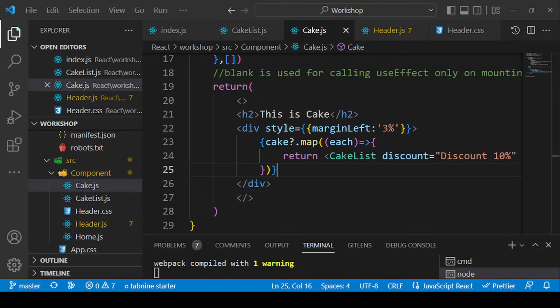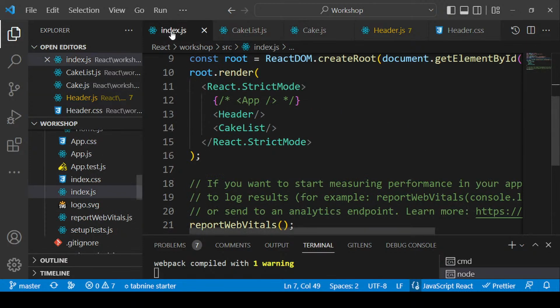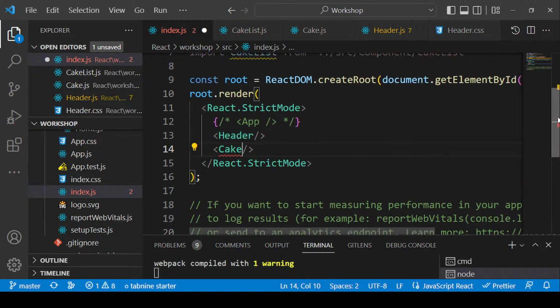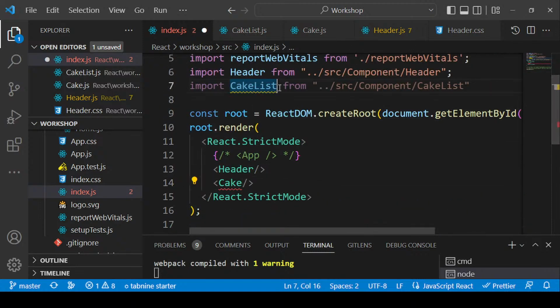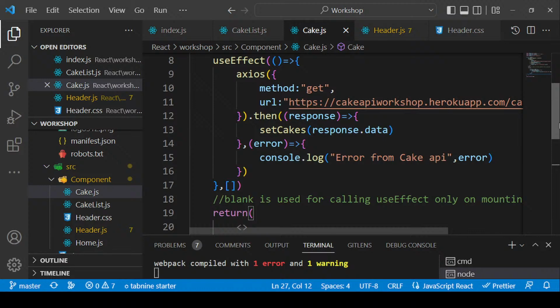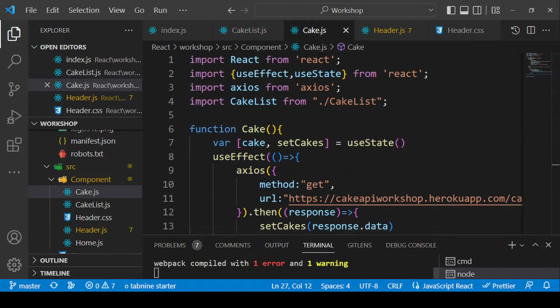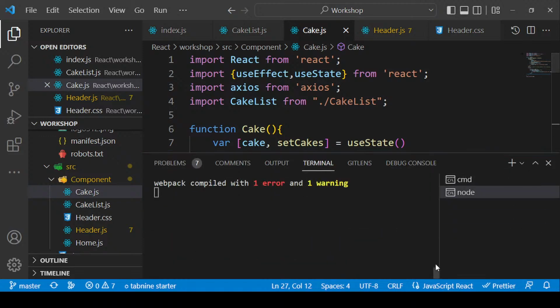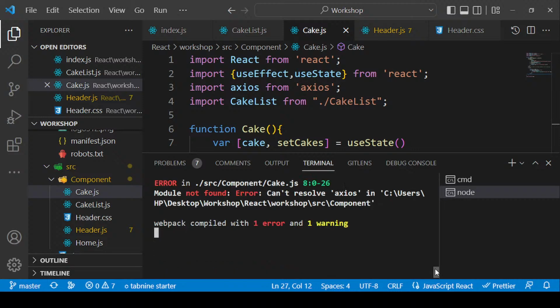Okay. So one more thing that we need to do is in index.js. We are taking the cake list, so instead of taking the cake list we will take the cake component. Let's have this cake component. What is the error then? Axios. Okay,